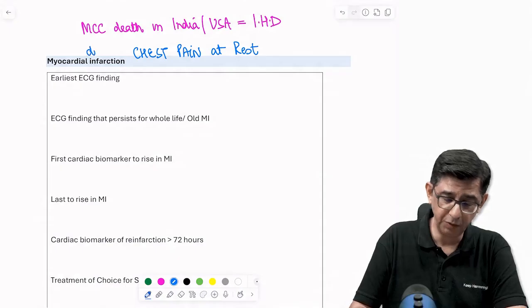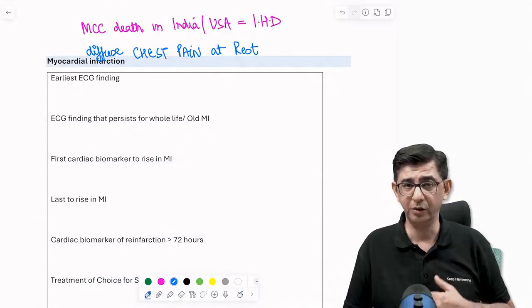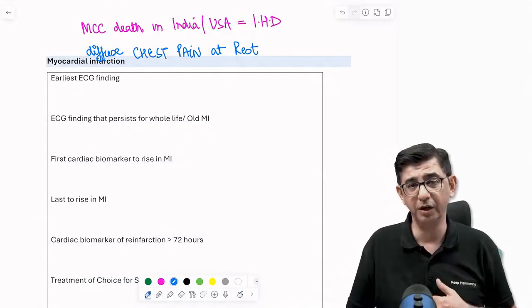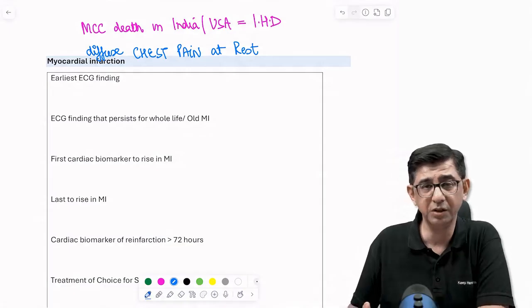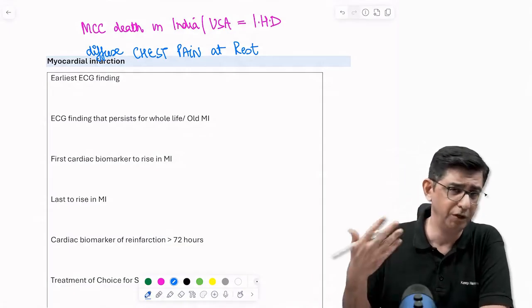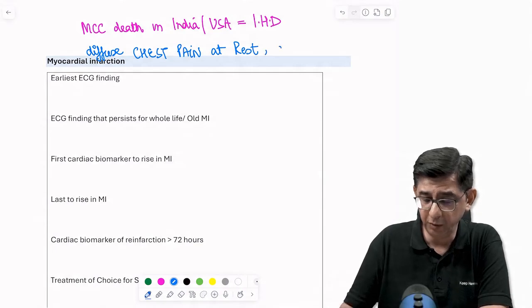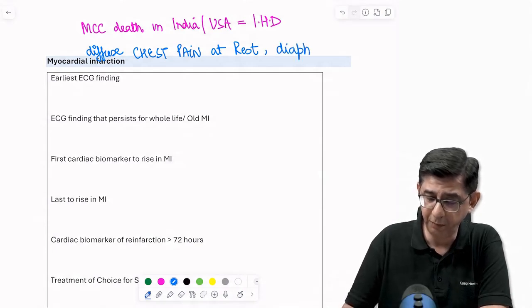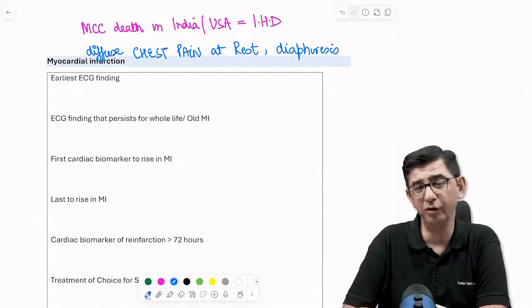Obviously, the nature of the chest pain will be diffuse. It is not a localized chest pain like retrosternal pain. Retrosternal is localized chest pain, that is GERD. So this is diffuse chest pain at rest in a patient. Usually he will say 30 minutes, 1 minute, whatever. And the pain will be very, very intense. I mean, pain rating 10 on 10, there would be diaphoresis